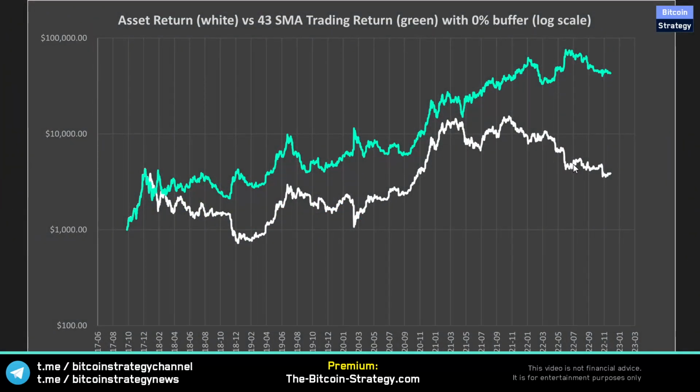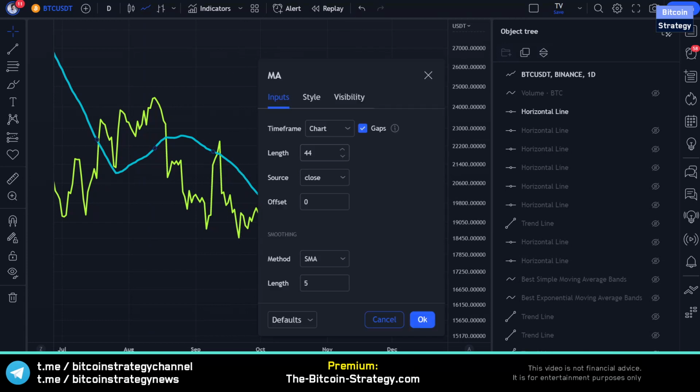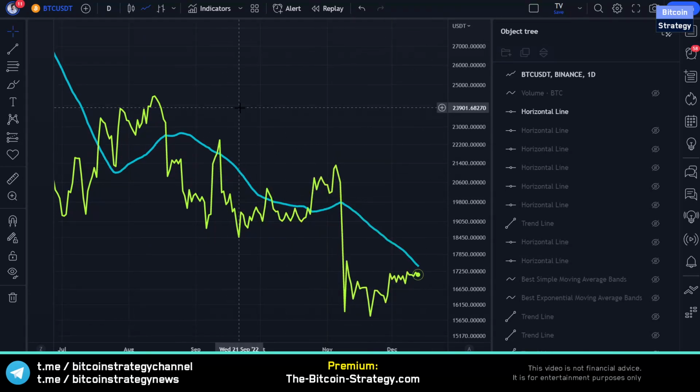So when the market just goes sideways, the profitability of the strategy isn't too great, but when we have some kind of a trend, we do tend to outperform. So this is why I like this, and I simply just wanted to show this again. If you are timing the market with Bitcoin, take the 44, or in my case, I take the 43, it's more recent. Take the 43-day simple moving average, so you can simply just go to tradingview.com and then press /